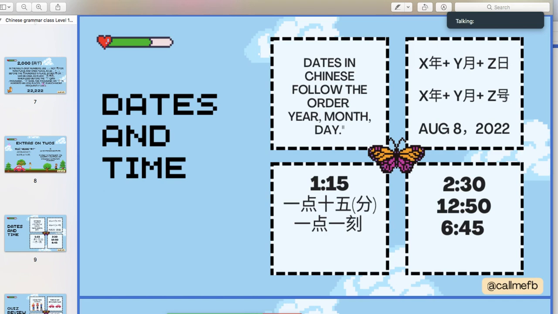So that hao part is also used on dates. So you start with the year, the month, and then the day of the month, which could be day or the number, sort of. That's pretty much what's at the end here. So in spoken terms, I think ri is used more often than hao. Okay,